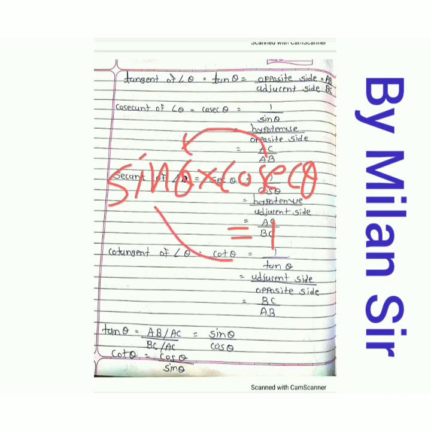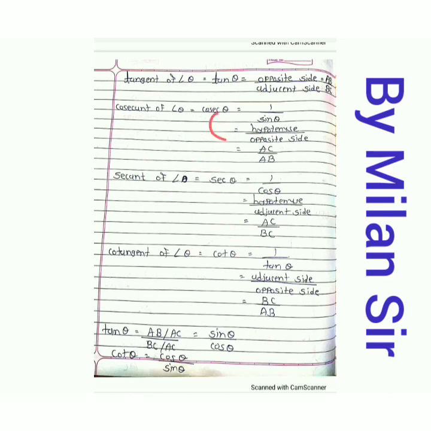Now transfer sin theta to right hand side. So cosec theta is equal to 1 upon sin theta. Means cosec is inverse of sin, and alternately it is also true, sin is inverse of cosec theta. So formula of cosec theta: now inverse the formula of sin theta. That means change the numerator and denominator. So hypotenuse goes to the numerator and opposite side goes to the denominator, because the formula of sin theta is equal to opposite side upon hypotenuse.